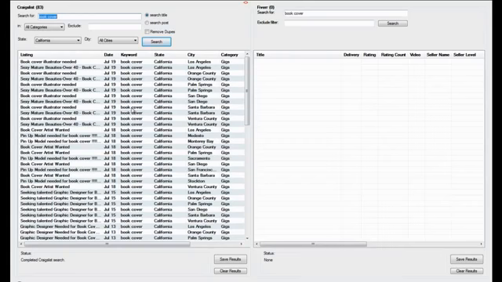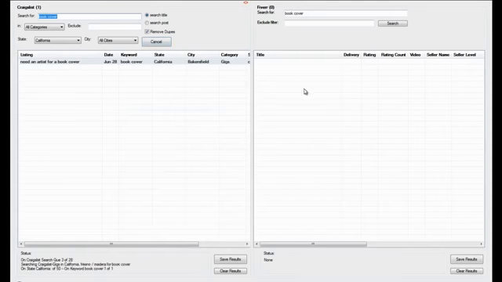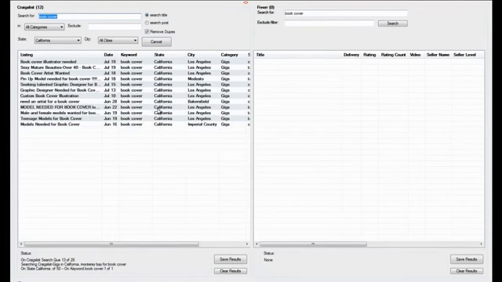Now, as you can see, it's yielded a lot of results, but check this out. Look at all these duplicates. And that's the thing that's a pain in the butt about Craigslist, because you're looking for something and you have to weed through all these spammers that keep posting over and over. So all we do is we click remove dupes. We say yes, do the search again, and it completely gets rid of the duplicates. It's really cool.